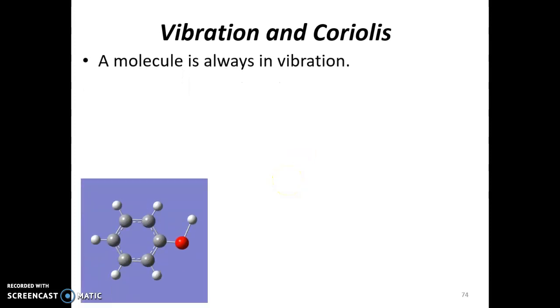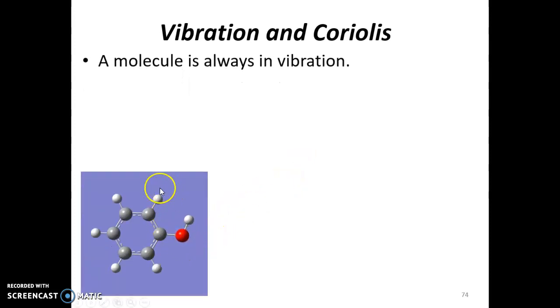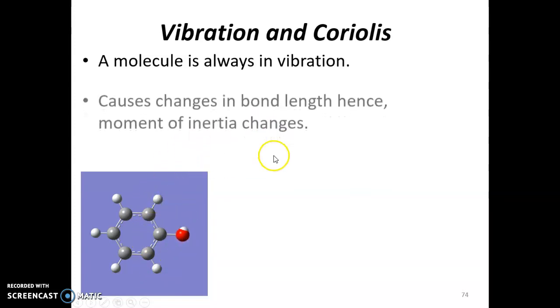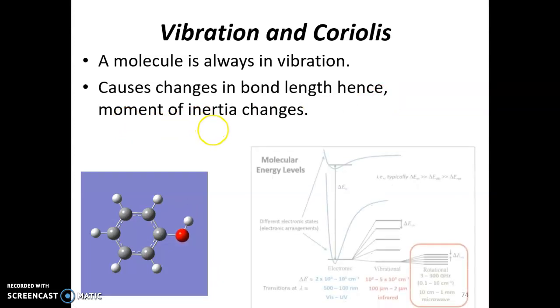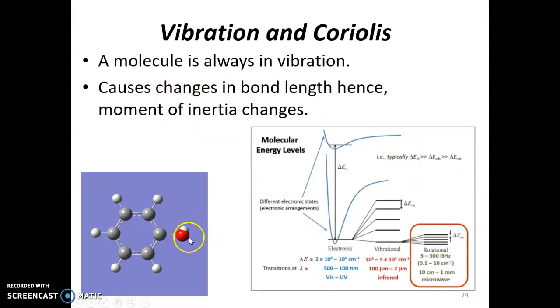So what else makes the molecule non-rigid is that a molecule, even in its ground state, is in a constant state of vibration. This is representative of phenol, and this is just one vibration taking place. There are several vibrations that can take place. The vibration really does cause a change in bond lengths, and hence the moment of inertia changes. Now, how does this affect this? Recall that